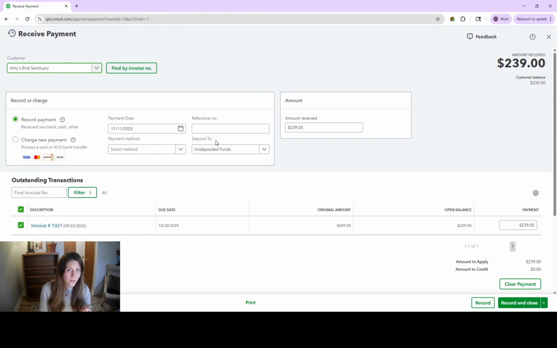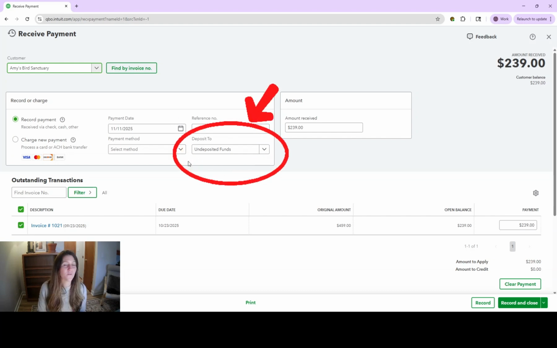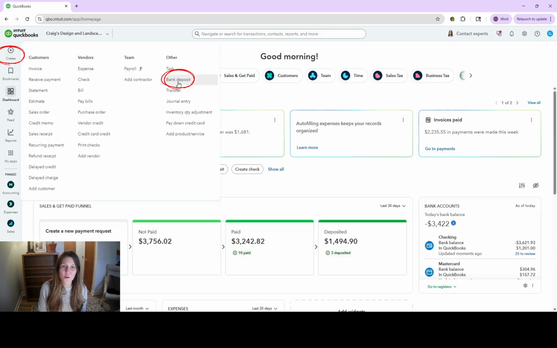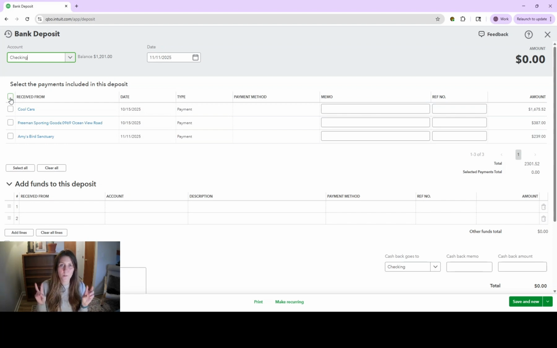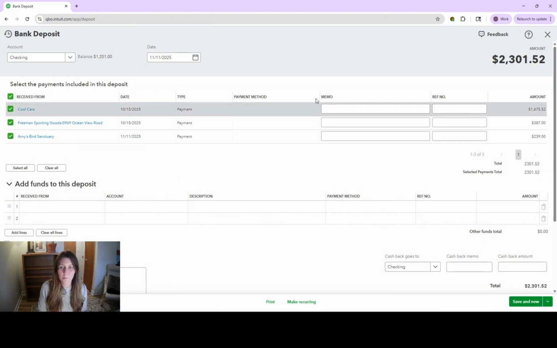Now, the reason for doing this is if you have like 5 customer payments and you're depositing them all together as one bank deposit. You're going to first deposit the payment into undeposited funds, and then you're going to create a bank deposit. When you go to create a bank deposit, any payment that you deposited into the undeposited funds holding account will show up as a payment to be deposited. If we deposit all 3 of these customer payments together, this is our total bank deposit,